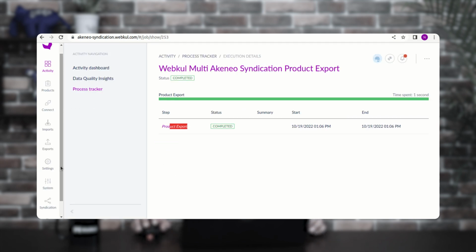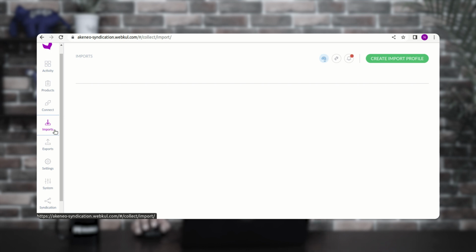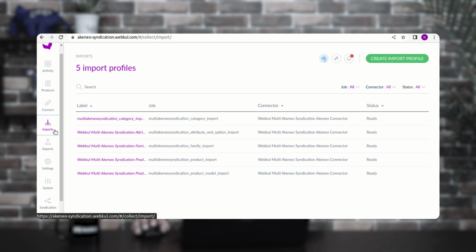you will be able to also import the products from the destination Akeneo into your source Akeneo using the different import profiles that you have created for the category import, attribute and option import, family import, product model import, and so on and so forth. So similarly you can go ahead and run your import profiles as per your own requirement and import and export the product models with images, categories, attribute options, attribute groups and families between the two Akeneos there itself. So yes, that was much about the video there,